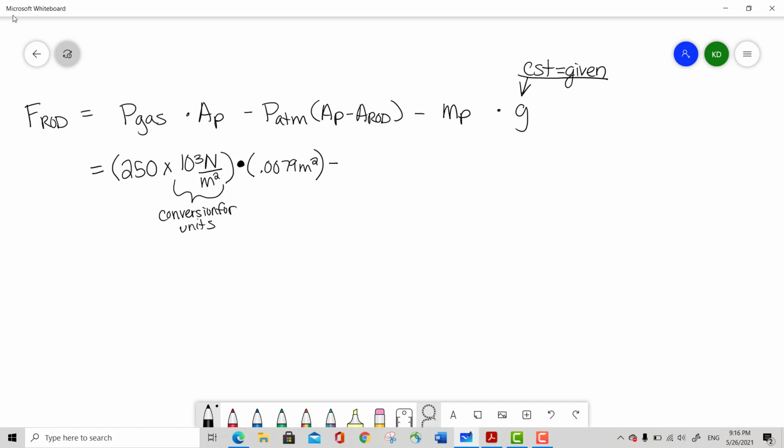So now we need to deduct our atmospheric pressure, which is again going to be another conversion for units because this one was also given in kilopascals. So we've got 101 times the same unit conversion. Okay. And again, conversion for units. Then we are going to multiply this by the area of the piston minus the area of the rod, which we just figured out. So the area of the piston